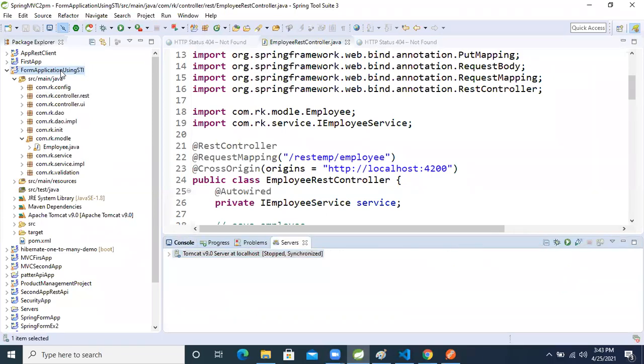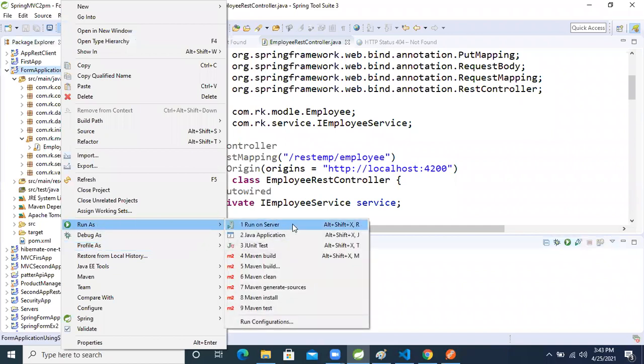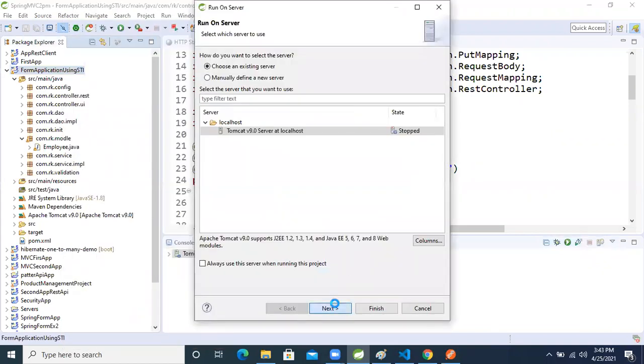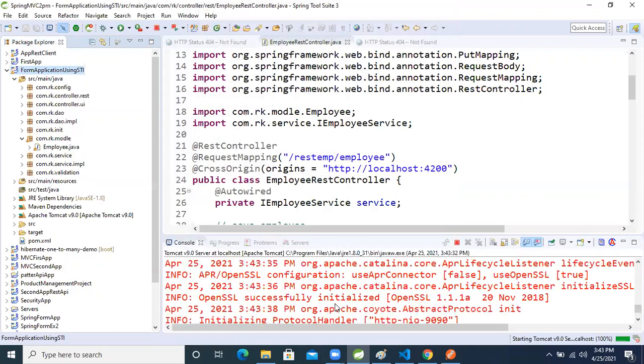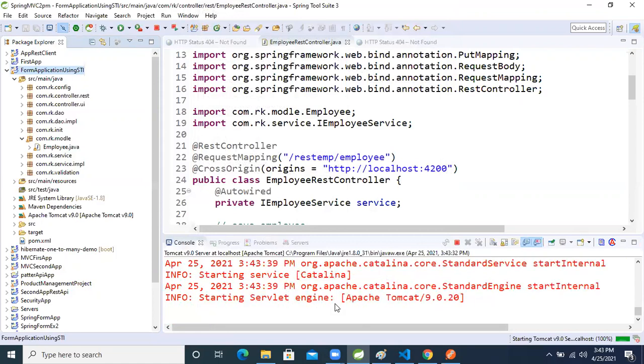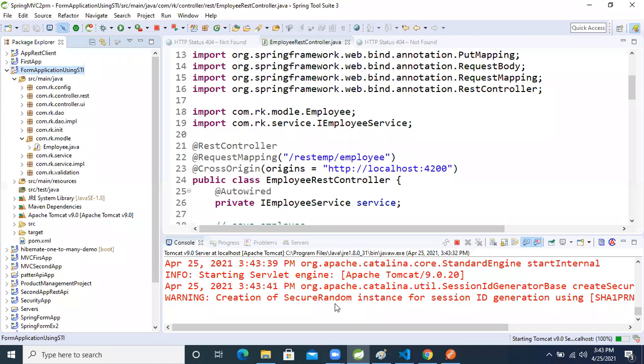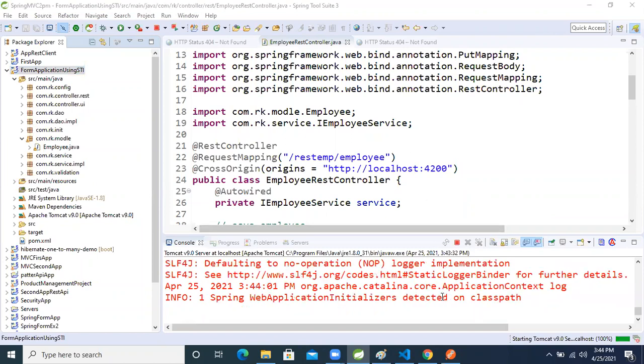Now again I'm running this application: right click, run application, run the server. Now finish. It will take time.